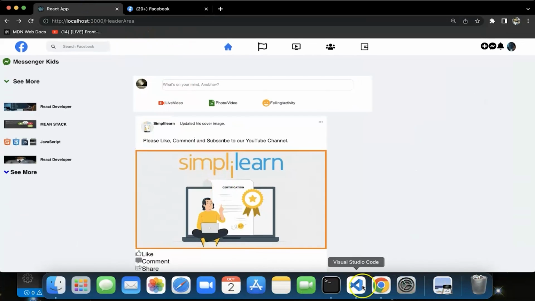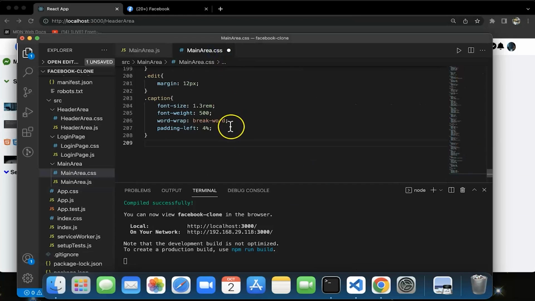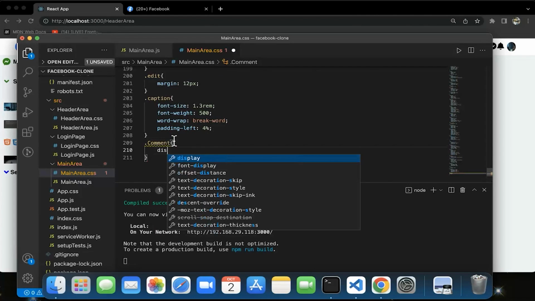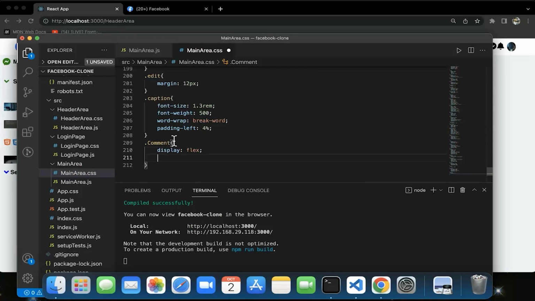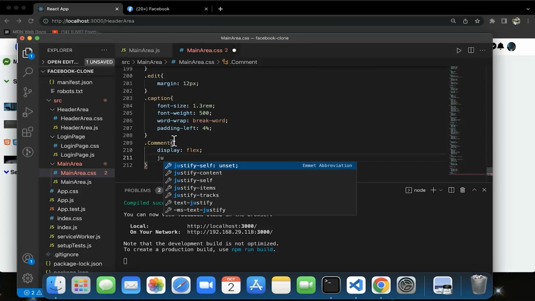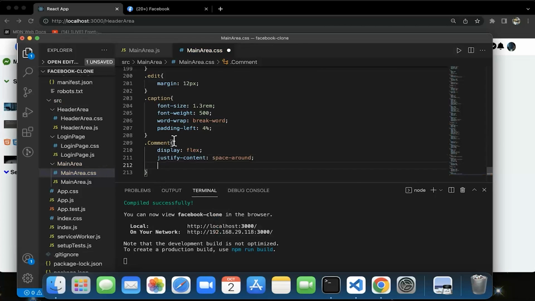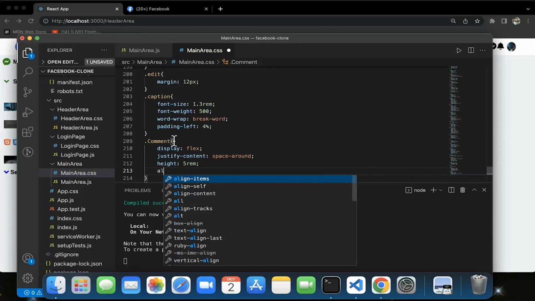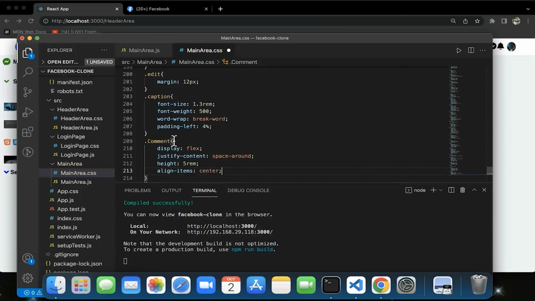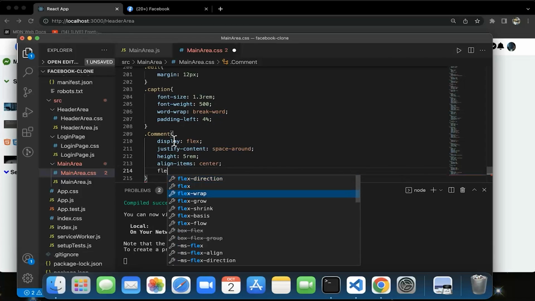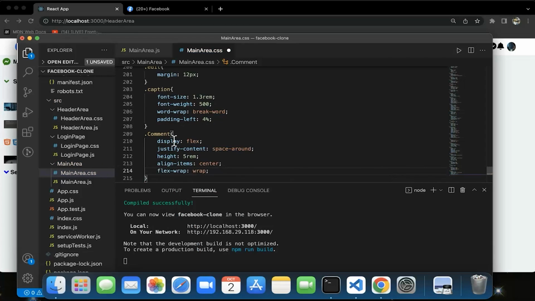Okay, inside this CSS, let's go to comment. Inside this comment, display flex. So let's justify content, space-around. Height would be 5rem. Align items center. Flex wrap. After that,